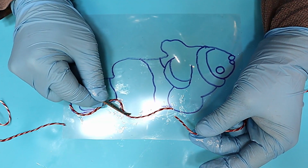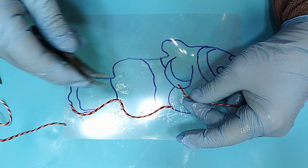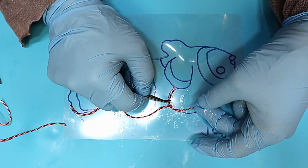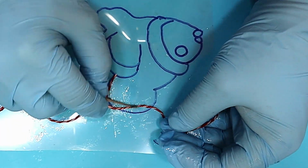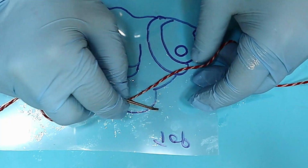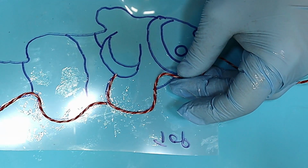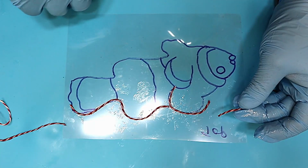So now I've got this bit cut off, and again I'm just putting it into its final shape using these tweezers, and it does go, as you can see, into the shape really nicely and easily, and it does stay where you want it. The reason I'm doing it in small sections is to allow me to get some really clear definition in the extra bits, like the fins and the eyes and around the gill area. I just think it looks nicer and looks more realistic, or as realistic as a fish can look